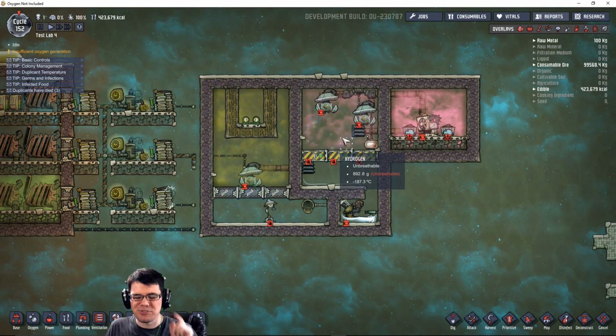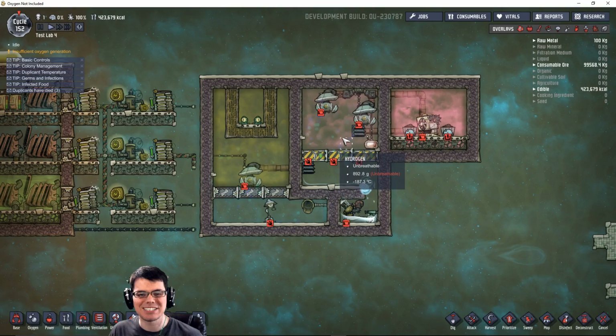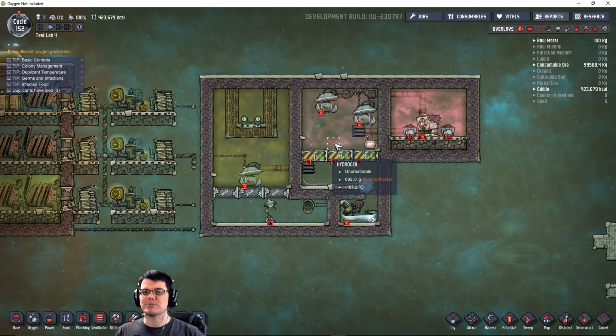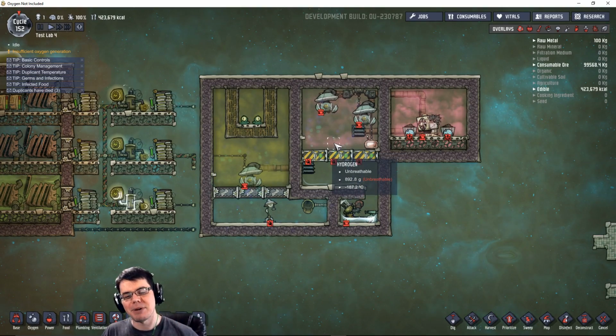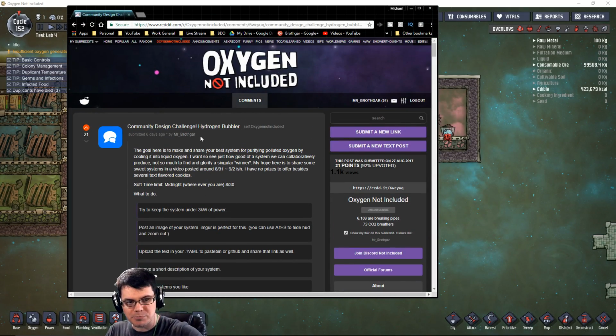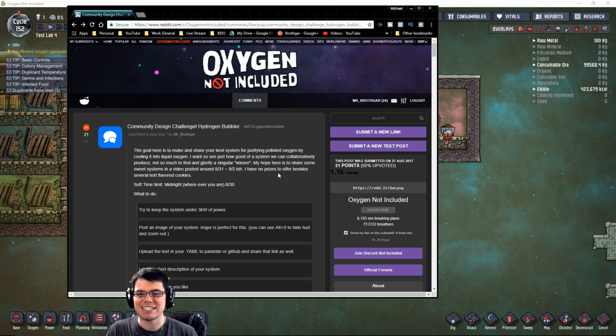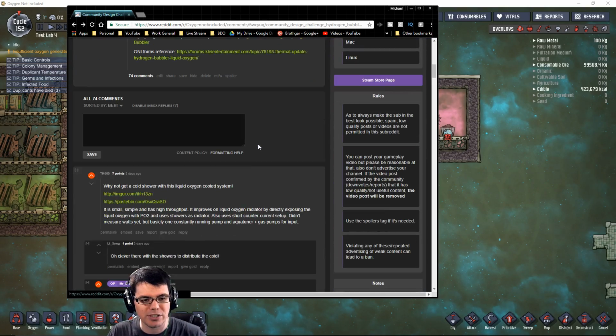Welcome, ladies and gentlemen, to the most collaborative video that I have ever done here on Oxygen Not Included, and this is in direct response to the challenge I released about a week ago, which was the Hydrogen Bubbler Design Challenge, which was posted here on Reddit and at the end of one of my previous videos. So you guys have delivered, giving me about 9 different systems that I'll be working through here, just to